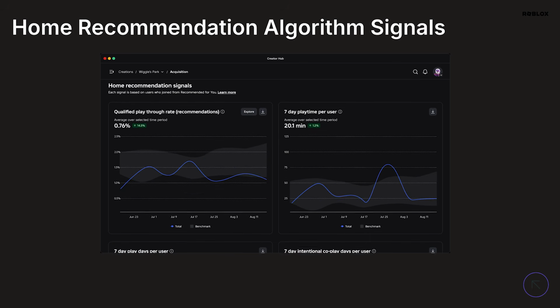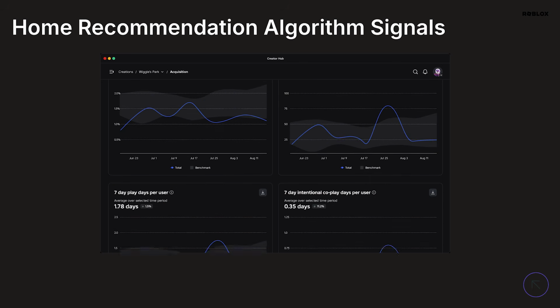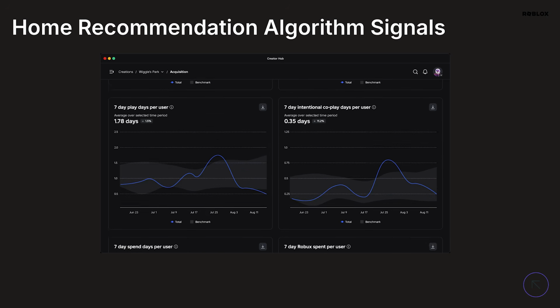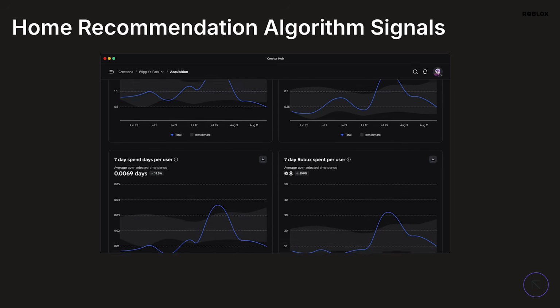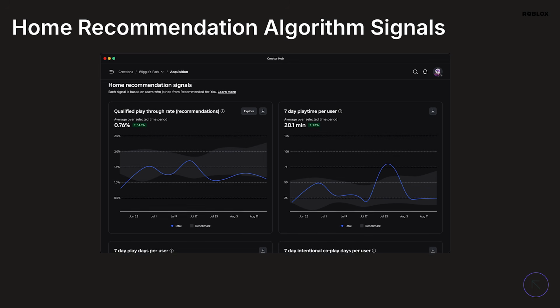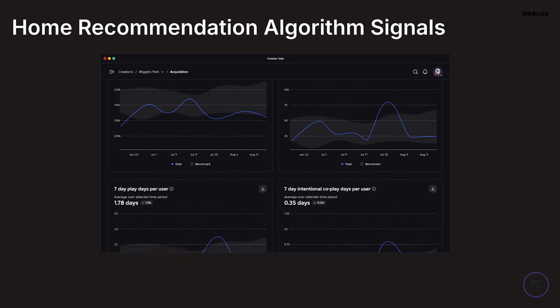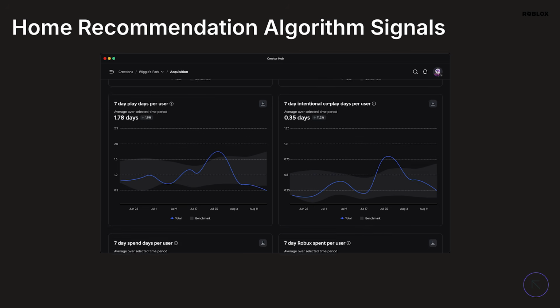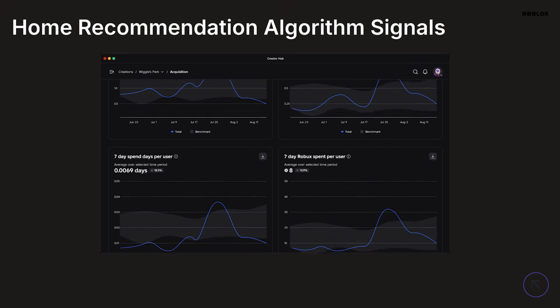And when Roblox Discovery makes any algorithm changes, we will share it very transparently through the forum post and other channels so that you're aware. There are 2 other factors which have an impact on how many impressions your game gets. One is the total number of users or people visiting Roblox on any given day, which has seasonality.